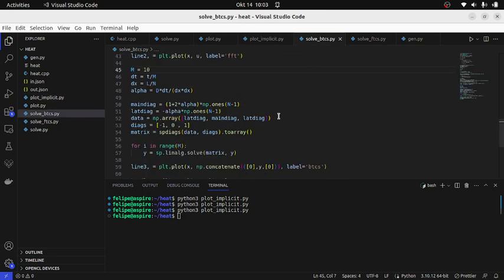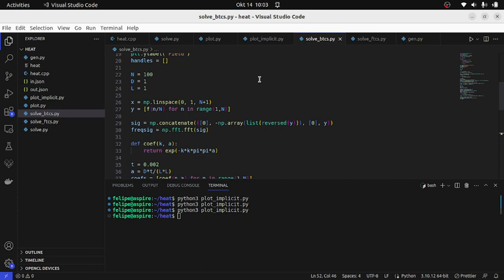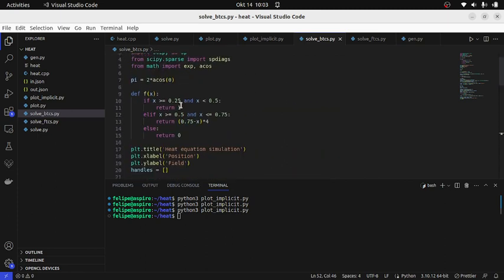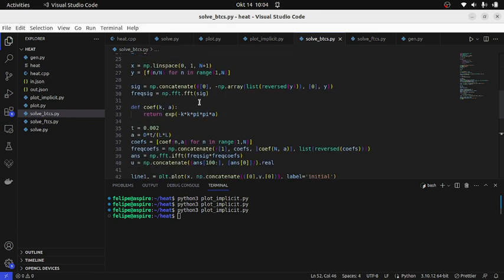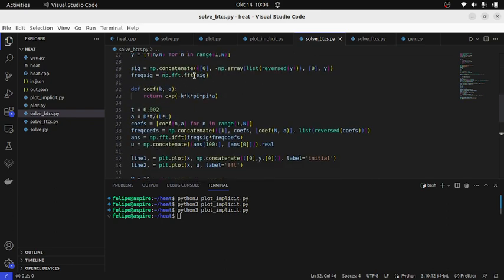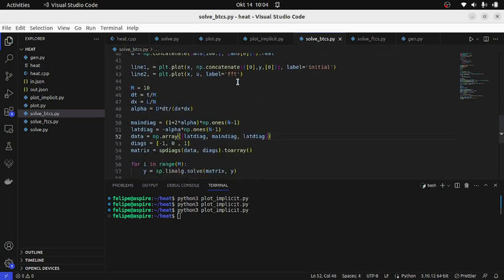So the BTCS system, just to show here what I'm doing. Again, I am taking this signal that we are all familiar with from the previous videos. I'm sampling this signal. I am solving it with the FFT for the exact solution. And then when I come here, you see I am now picking an interval of 10. If you remember, the minimum value of m for the Euler method that we could pick was 40,